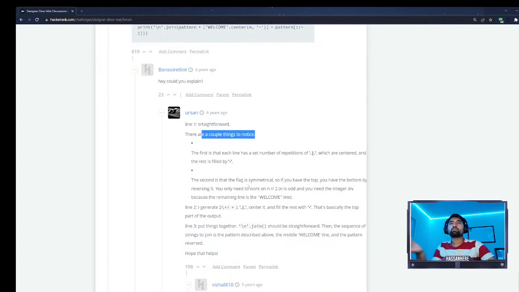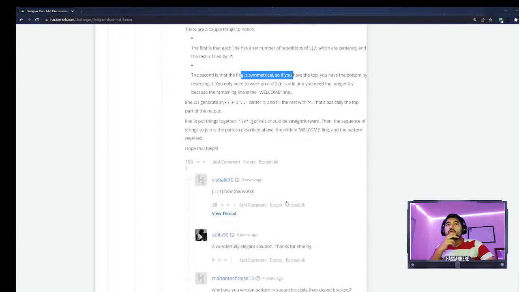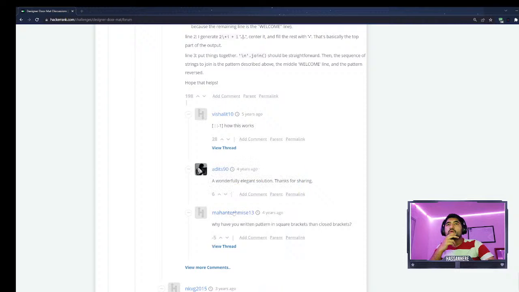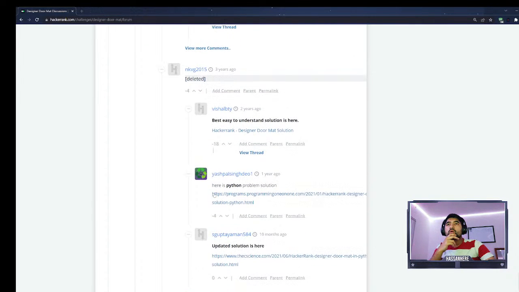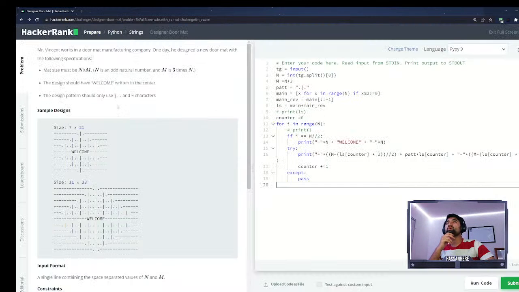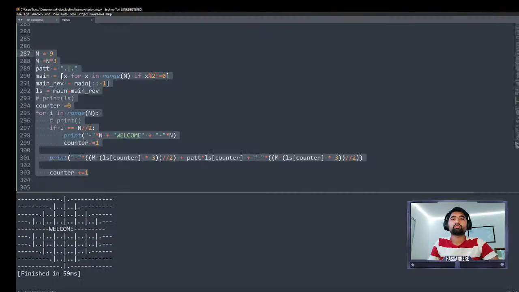The first thing is that each line has a set number of repetitions, which is 100. Bro, these guys are like, why are they always doing this? Let's just run this thing and write